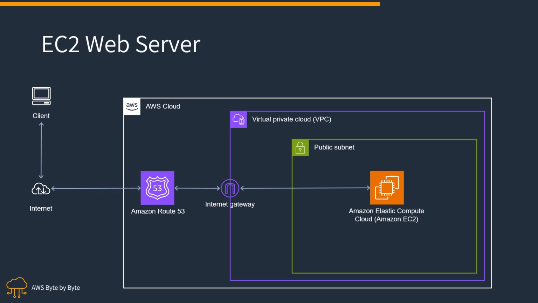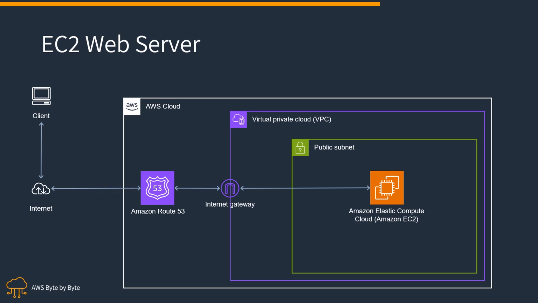Within AWS, we have a virtual private cloud or VPC, which is a logically isolated network. Inside this VPC, we have a public subnet, a network segment that allows resources to be accessible from the internet. The EC2 instance, which hosts the website, is deployed in this public subnet. Since it's in a public subnet, it has a public IP address or an elastic IP, making it reachable from